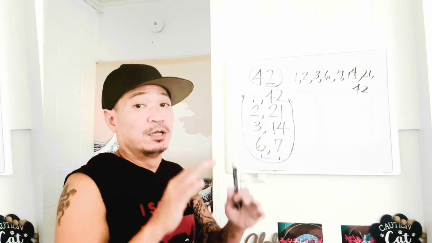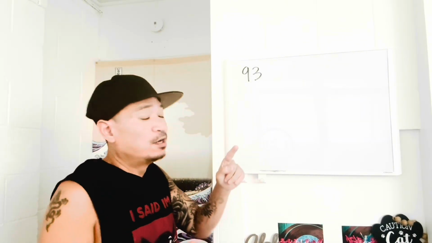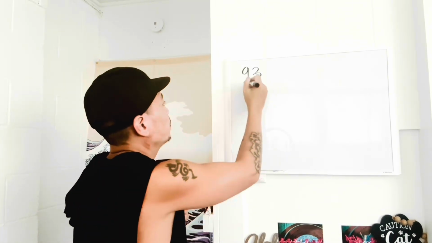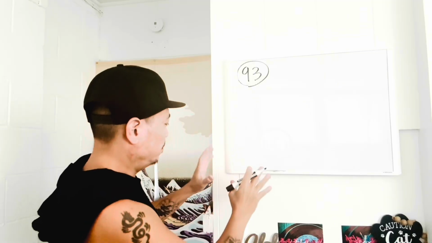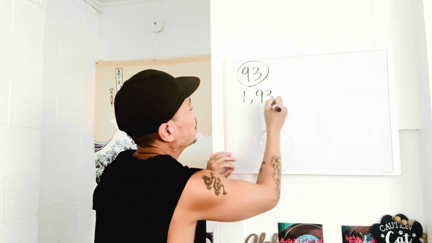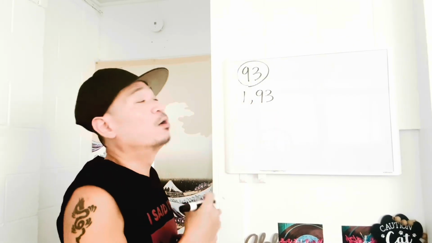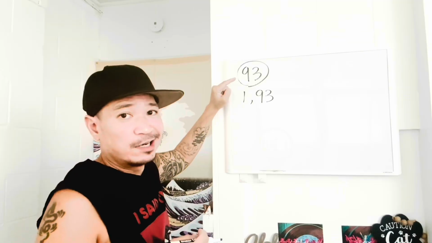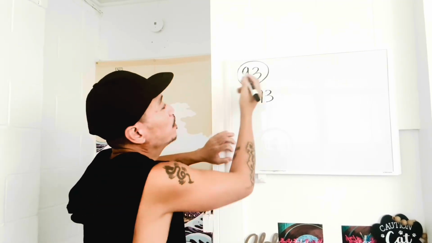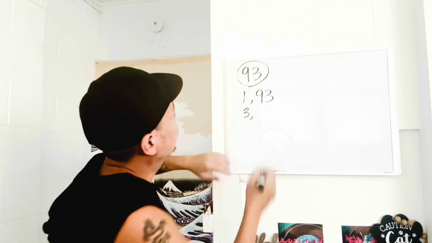So here we go. Okay, we're back. Now we want to list the factors of 93. We start with 93, and we start with 1 and itself. So 1 times 93 gives me 93. We know that's going to be on our factors list. Great. Okay, 2's not going to work, it's not an even number, so we're going to skip 2. Now we check 3. Well, we know that it's 3 times 31,